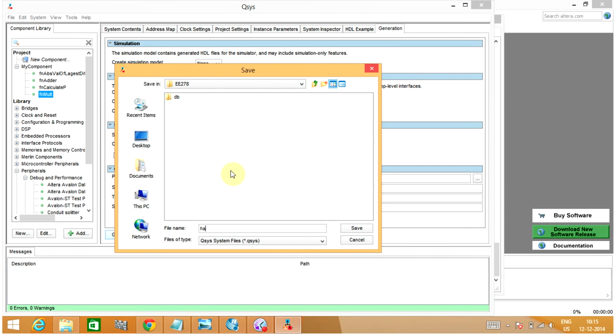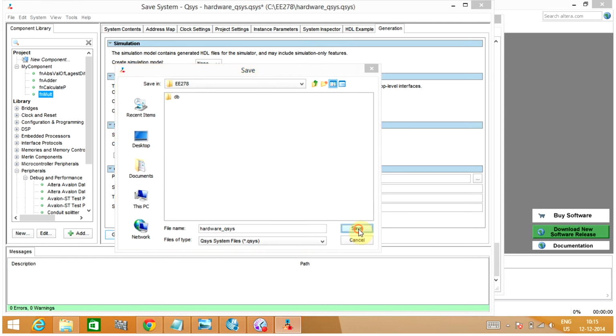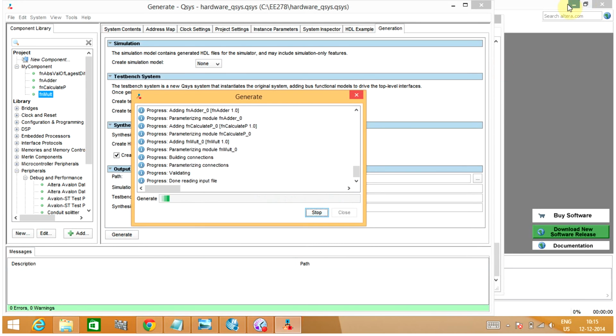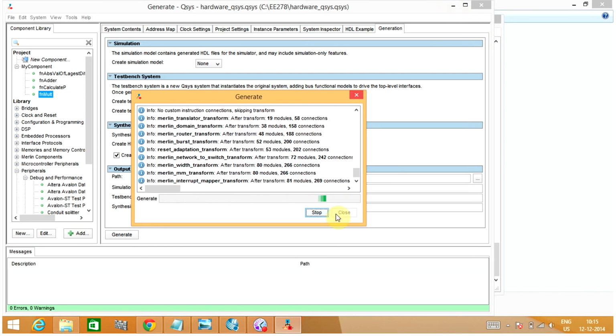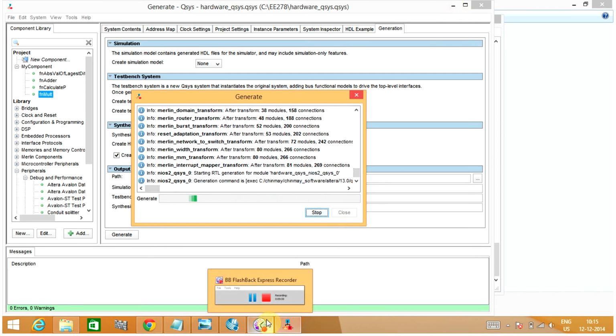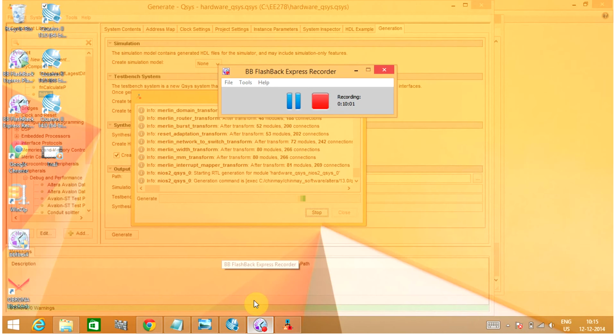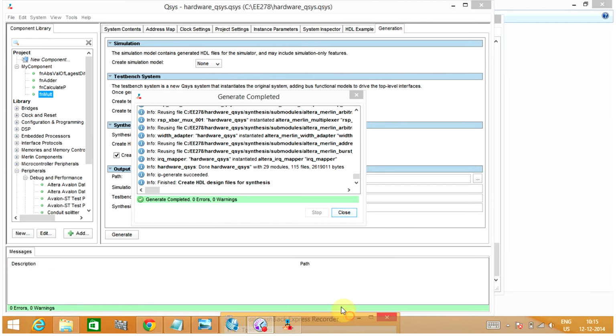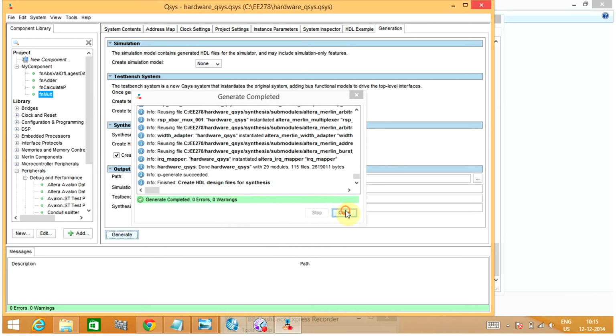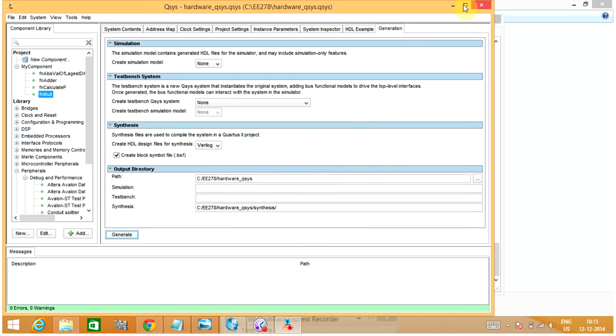And as I had mentioned earlier, we need to give the same name over here. Here you can see that there are no warnings. So we have successfully created the Verilog files.